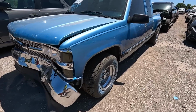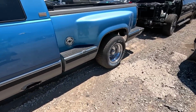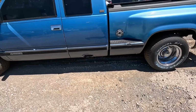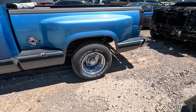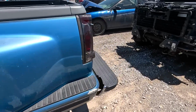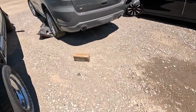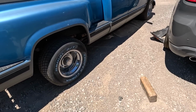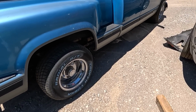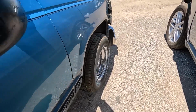Boy, that front end is pushed in. And it's got rust, but it's got the rally wheels, the old school Chevy rally wheels. I've never seen them on one of these pickup trucks before, and I'm honestly shocked at, to me anyway, how good that looks. I think that looks sharp. Those are good looking wheels on some good looking tires. That front end though,